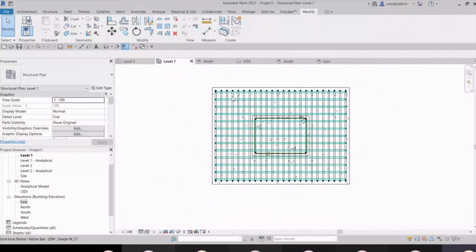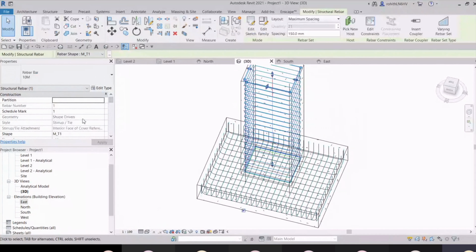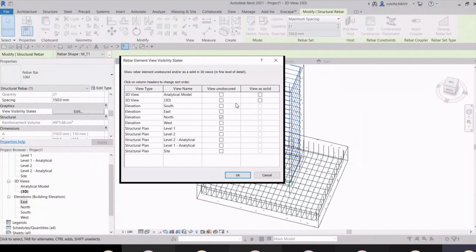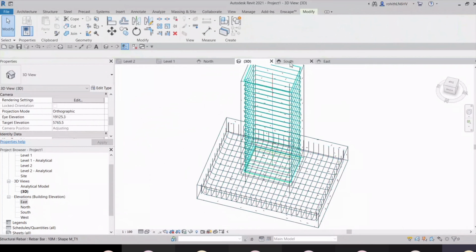Okay. Now let me go to the 3D. So how you can change the visibility. For that, make sure you're in the fine view, then select the rebar and go to the visibility states, view visibility states, and there you have to select it.